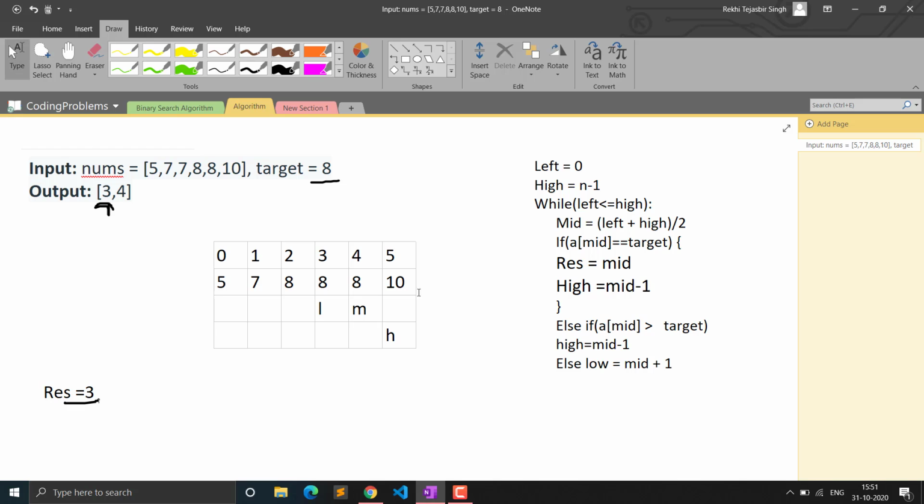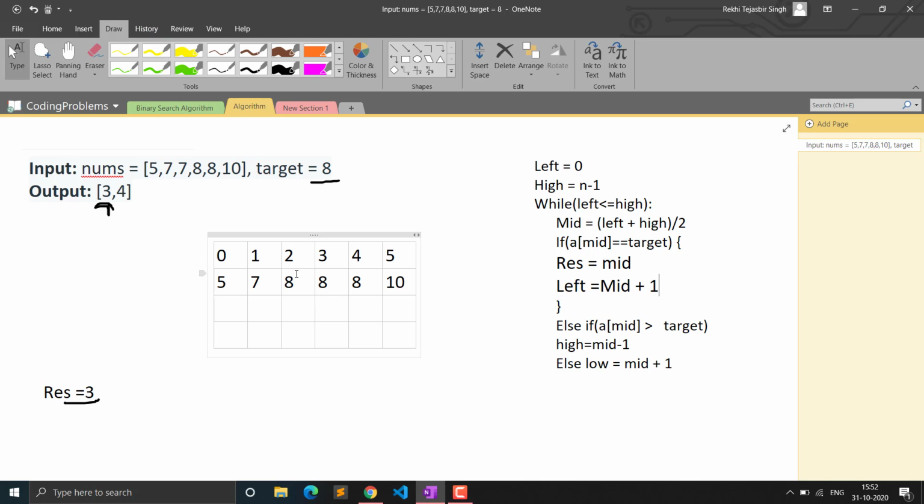Now to search for the ending occurrence, we have to use almost the same algorithm, but what we have to change is this. For searching the last occurrence, if the mid is at this point, the last occurrence will probably be after that particular index. So for searching after that index, we will simply set our low, the left pointer, to mid + 1, because only then it will search there. You can see at this point, let me erase this.